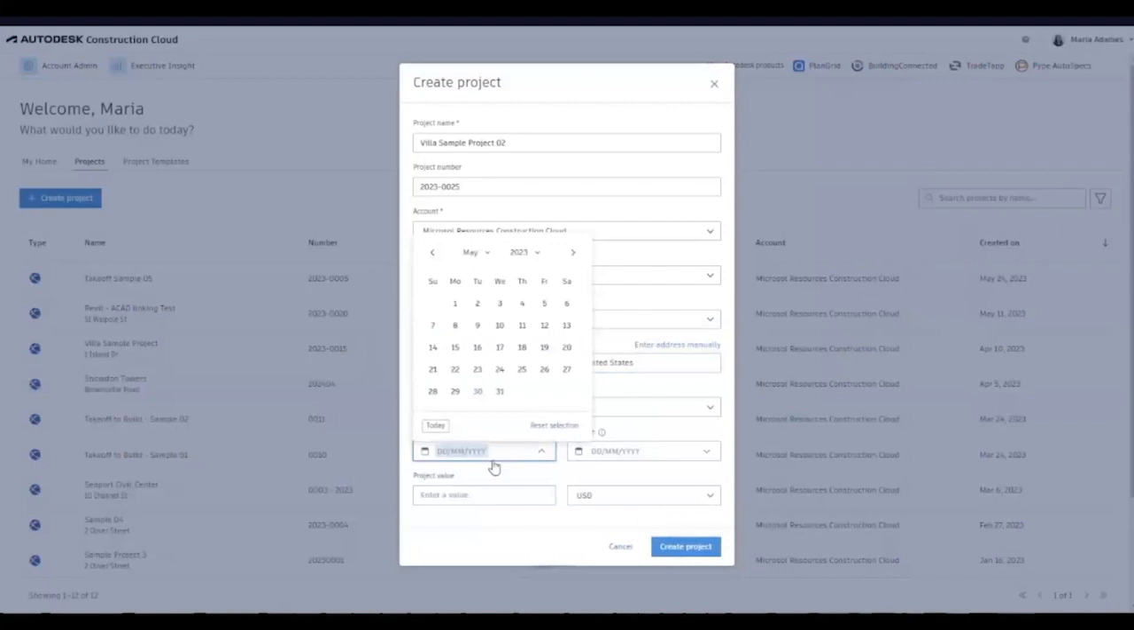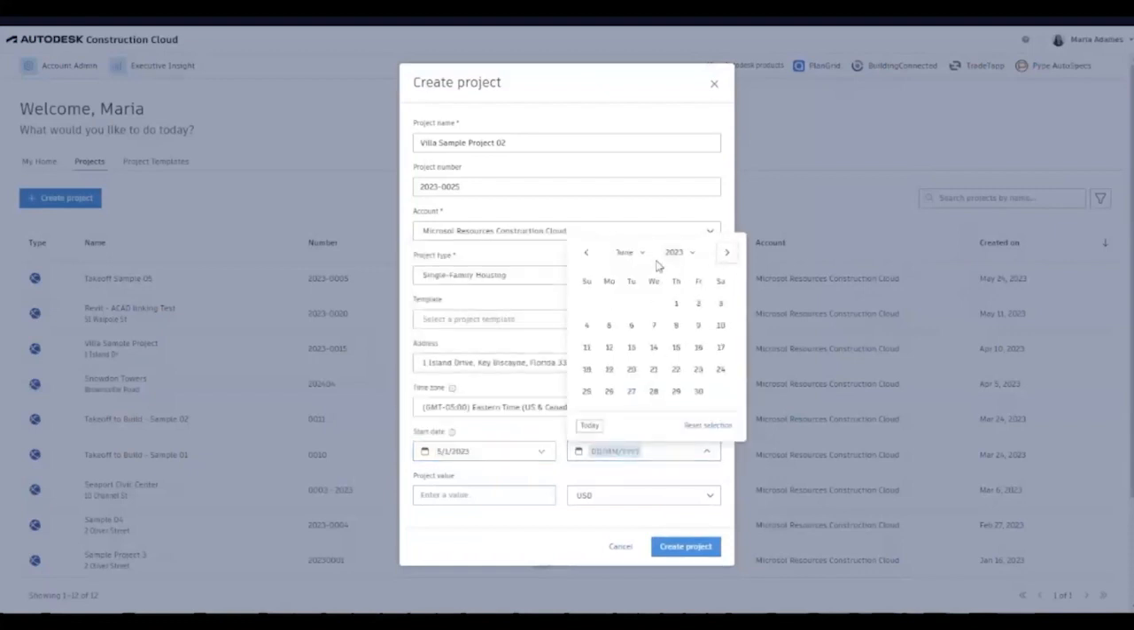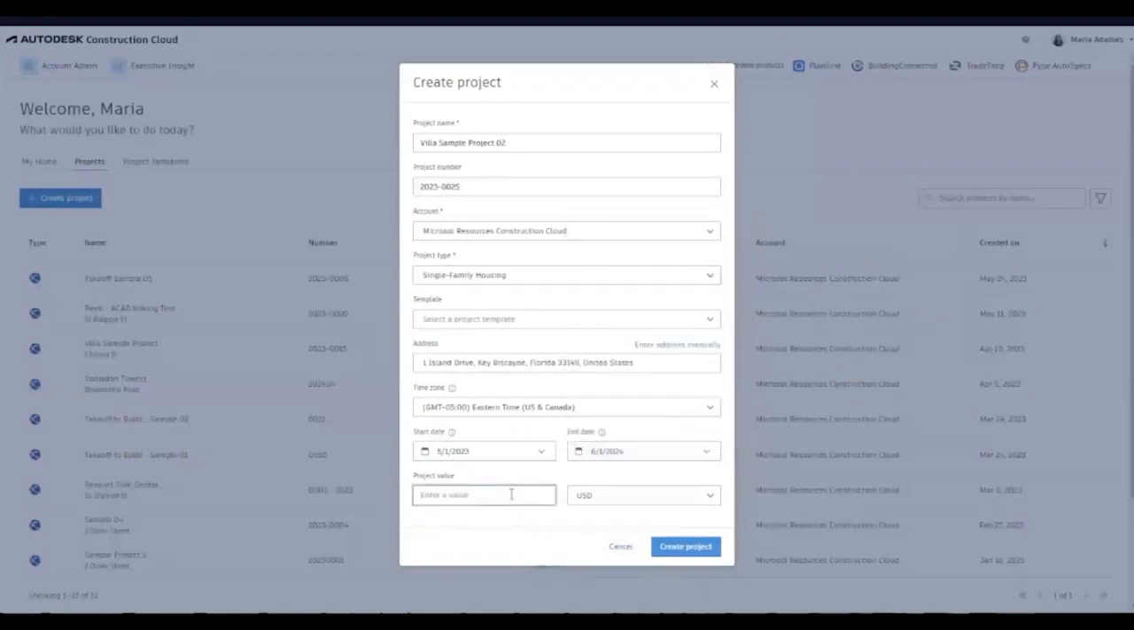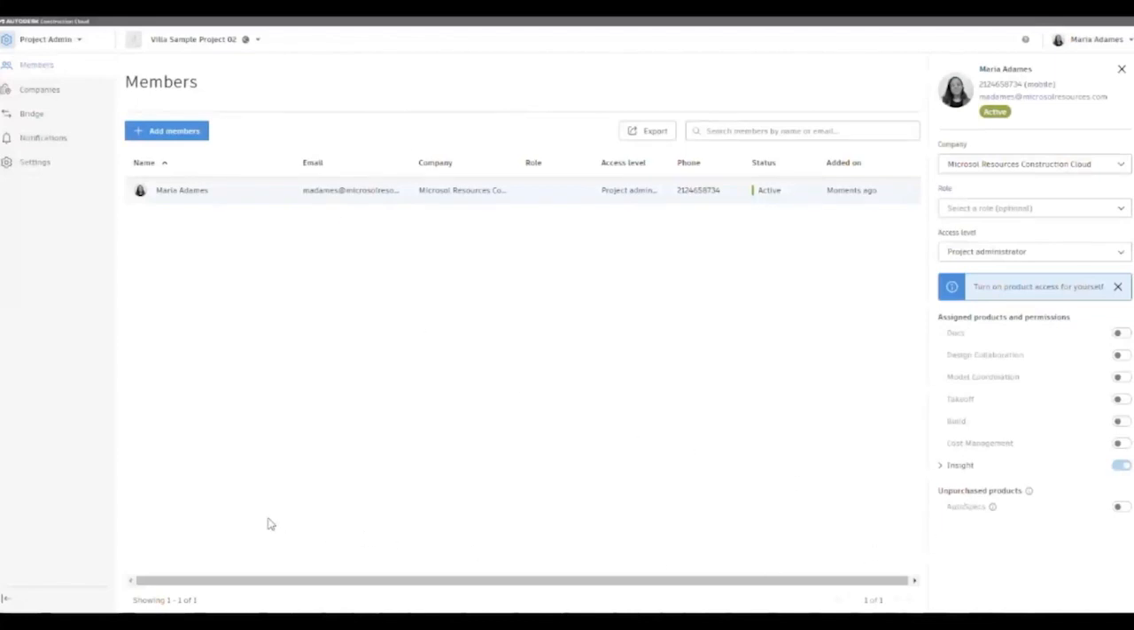And then I can add a time zone, add a starting and ending date. So I'm going to say it started on May 1st. And I'm going to say it's going to end on June 1st of next year. And we can also add an estimated project value, but keep in mind that this can be changed as your project changes and develops. So this is going to take us automatically to the project administration portal and specifically to